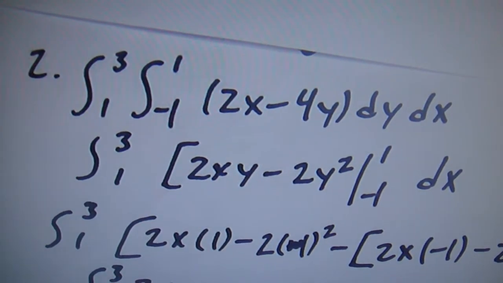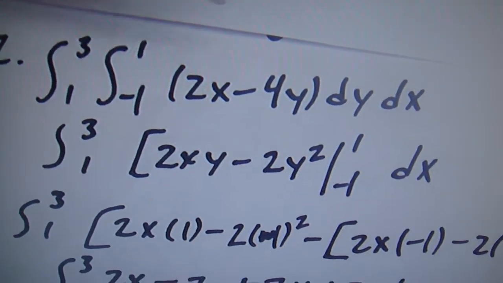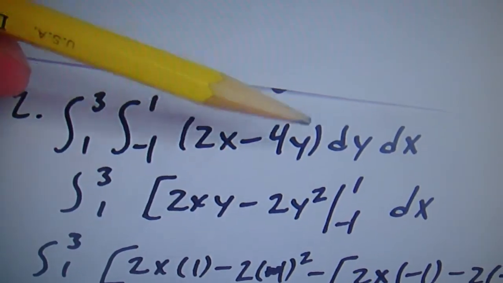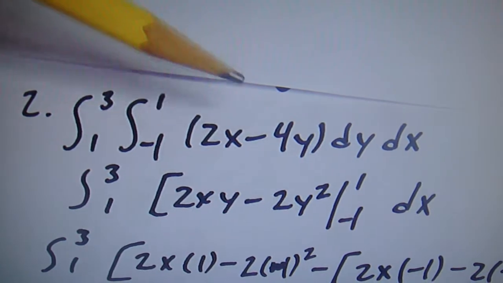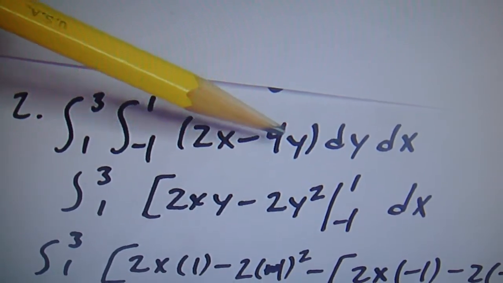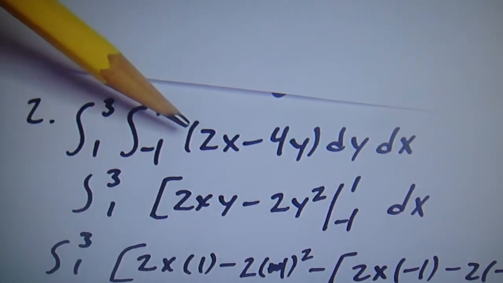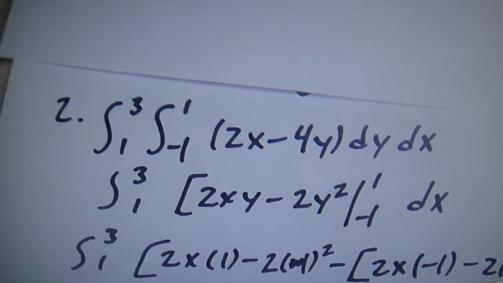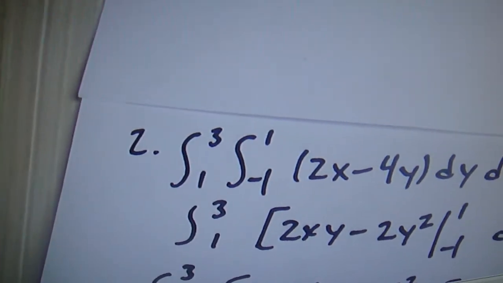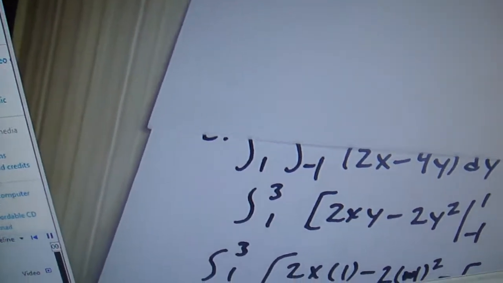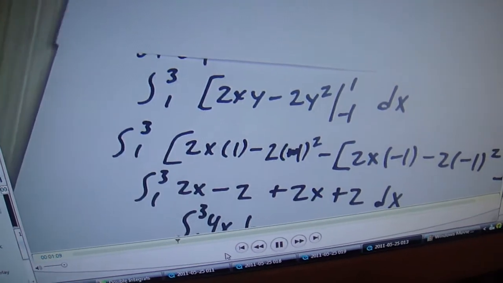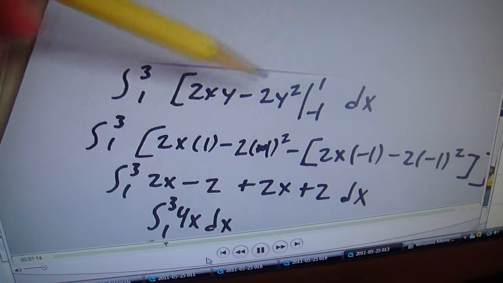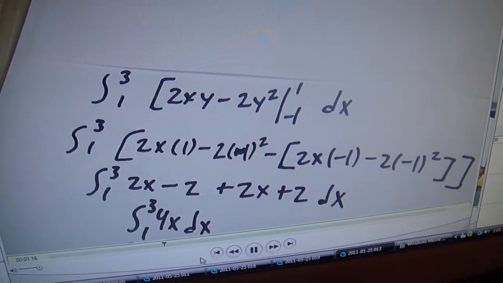two integrals. Now the first thing that you should notice is that these two are separated and should be kept separate. First thing you do is be concerned only about the y's, because we are in respect of y. So first you do the y, and you treat x as a constant, because we're not dealing with the x right now. So you do, as always, the regular integration. So you get